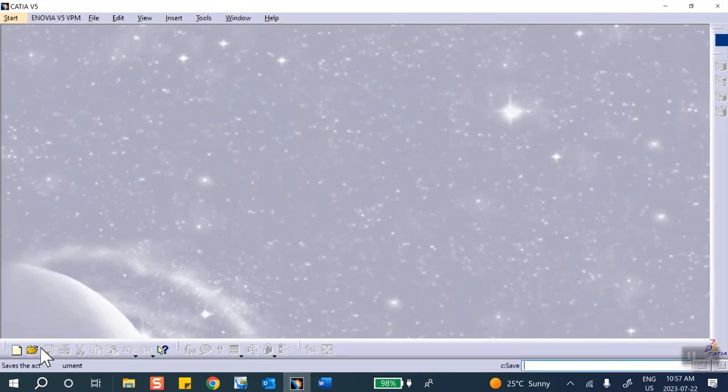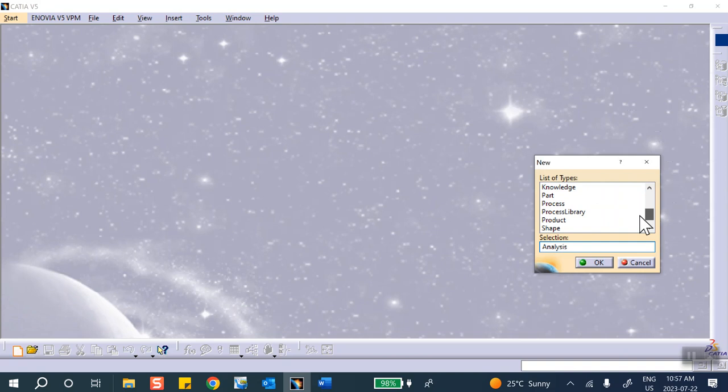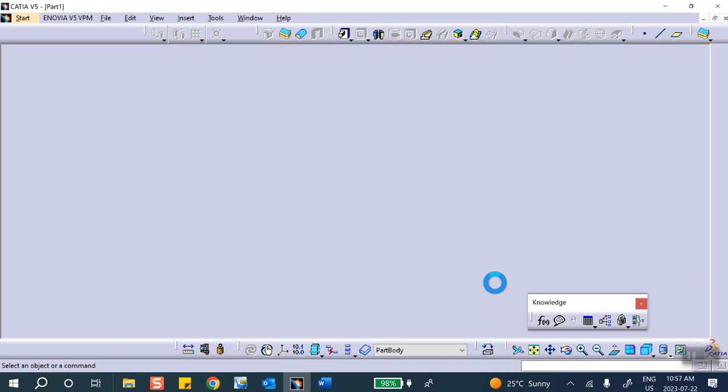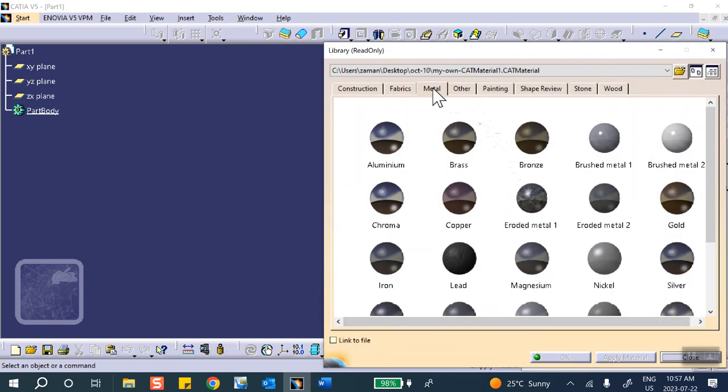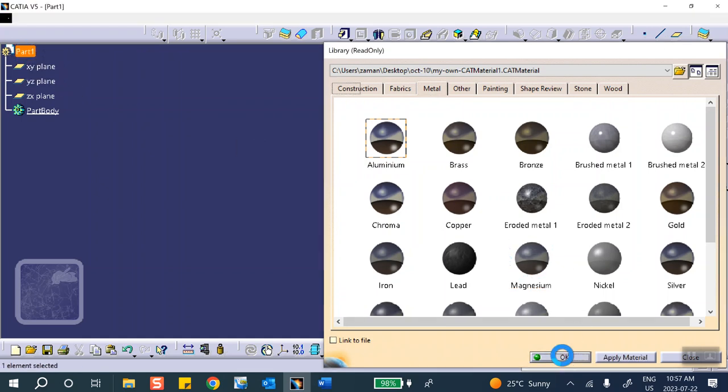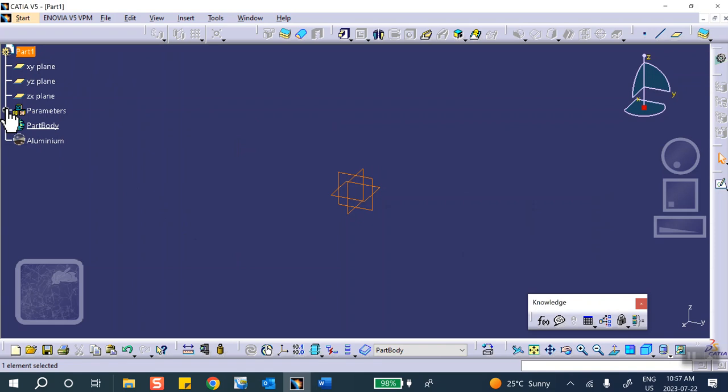Let's go to CATIA. Start a part file. Say OK. There we are. And before I do anything, I just click on f of x, for example, aluminum, on that part, and then say OK. And look what happened. Immediately, it created a parameter by that name. I haven't done anything yet. Now, if you want to make me happy and change this material to MAT as I want it, all you have to do is